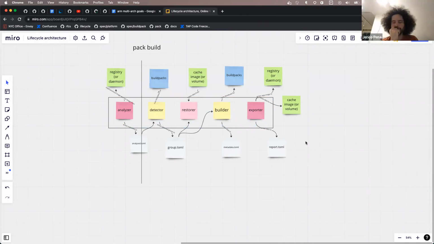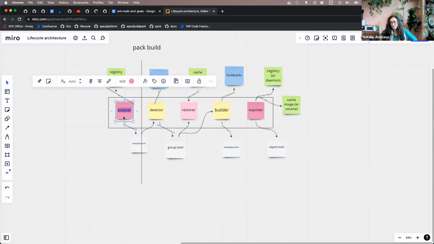Okay, let me ask a question. Whenever I've run Pack, I notice that a container starts, and I think it's running lifecycle. Then I can go in there and see that there's a process running. And when a buildpack runs, I can go in and see it. I created a buildpack that just sleeps for 6,000 seconds, and I go in and see it's running. So these individual components, analyzer, detector, restore, you're saying those are containers and not individual processes inside that main container that starts? No, I apologize.